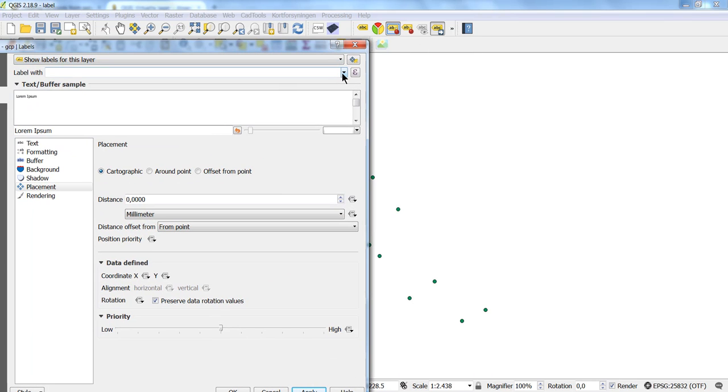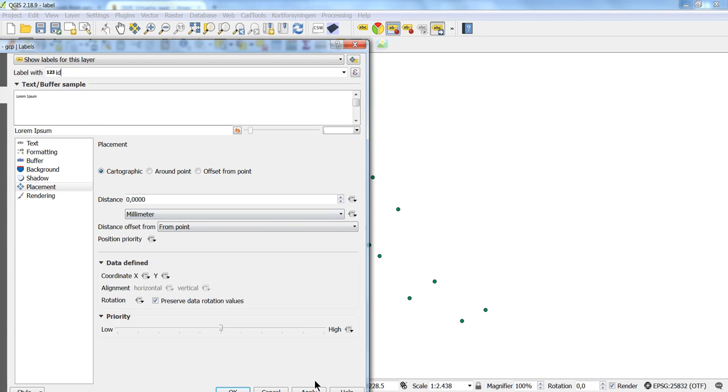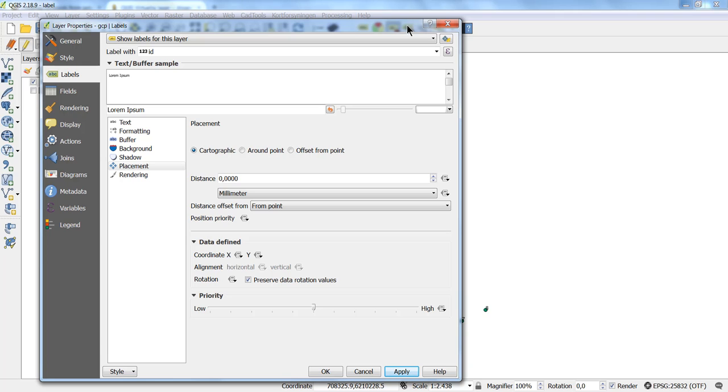Sorry, I forgot to show which column. I'm going to use the ID column, and I'm going to click apply. Now you can see there are labels here. I want to move the labels manually,